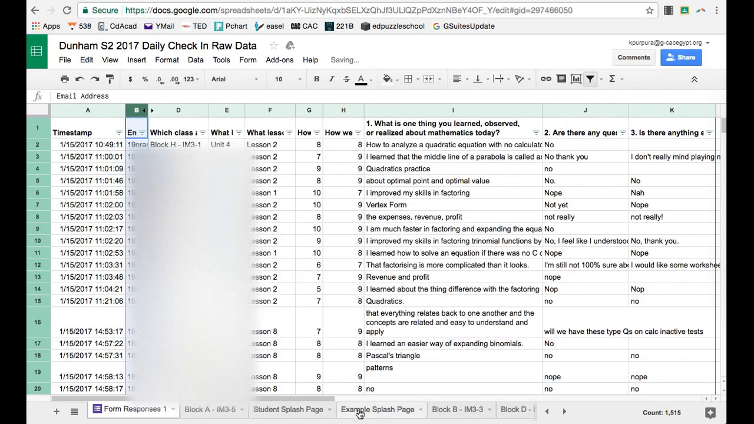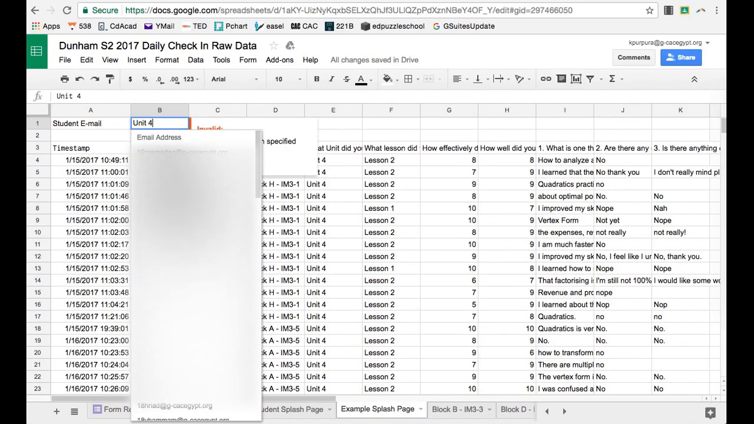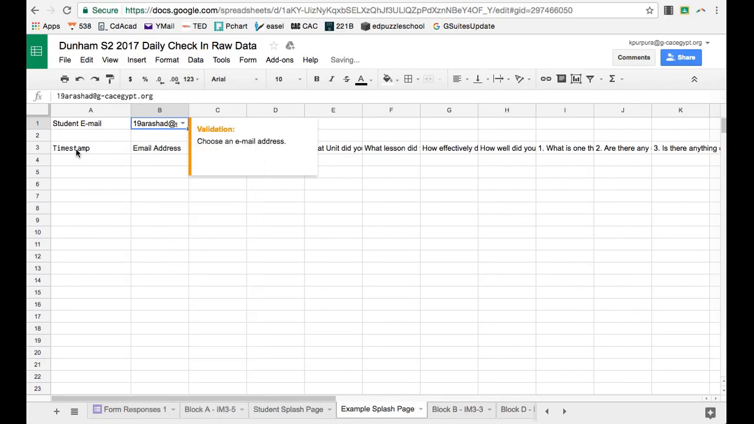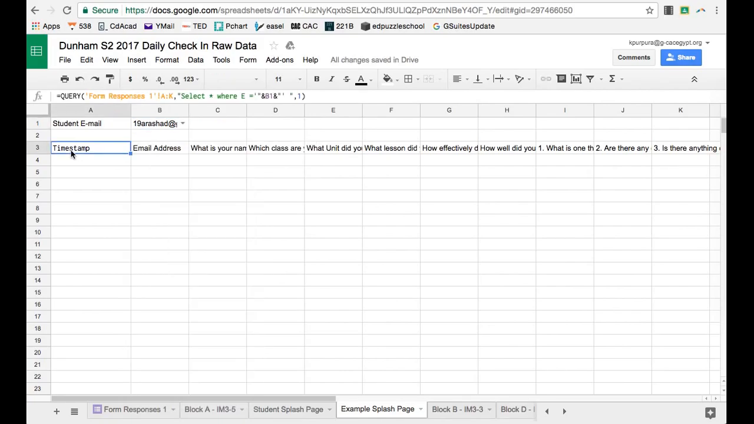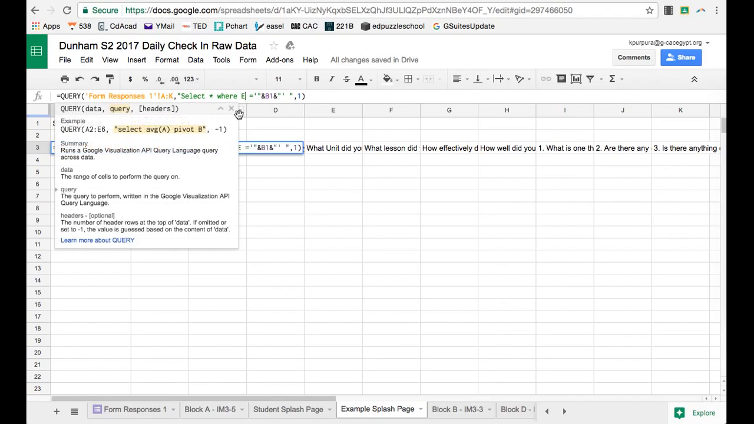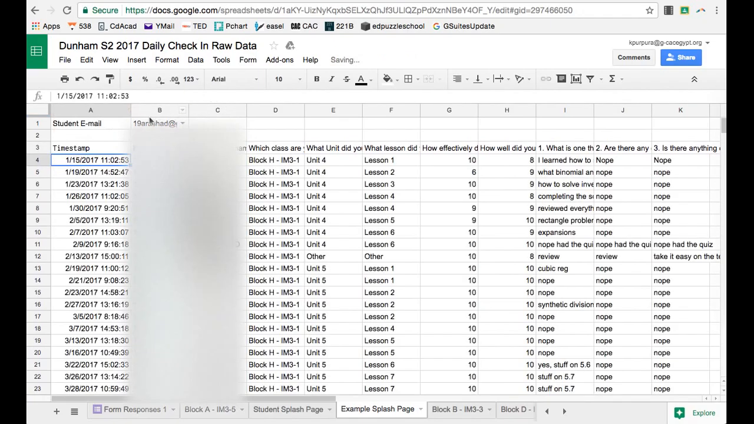We go back to the example splash page. So now, email addresses. Look at that. The code doesn't work yet, right? Because it's looking for stuff in E, and we want it to be stuff in B, because B is where the email addresses are stored. Currently it's saying there are no email addresses in the unit list. Of course there aren't. So we go to B, and then suddenly, and now here's